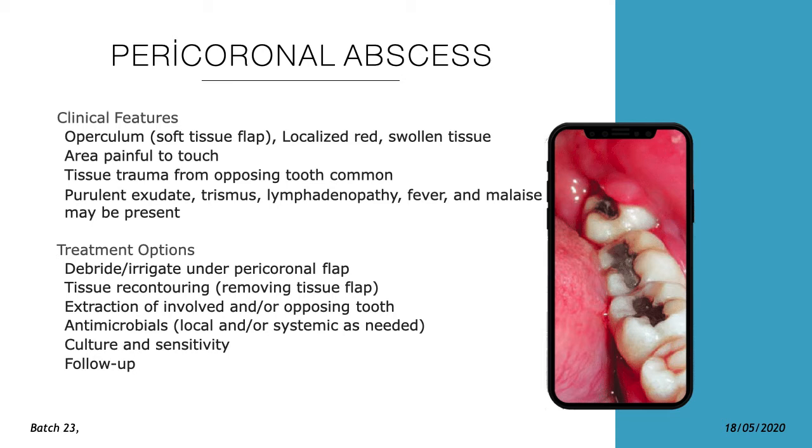Treatment option, again, is drainage of the abscess. Once you drain the abscess and the acute symptoms resolve, try to recontour the tissue, either by operculectomy or gingivectomy in the region, so that food accumulation does not happen and the patient is able to maintain the region. If you cannot maintain oral hygiene, or you cannot incise the tissue due to bone in the distal aspect, or the tooth cannot erupt completely into the oral cavity over a period of time, then you have to think about extraction of that partially erupted tooth.